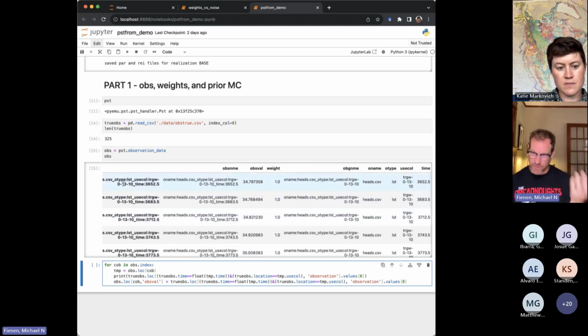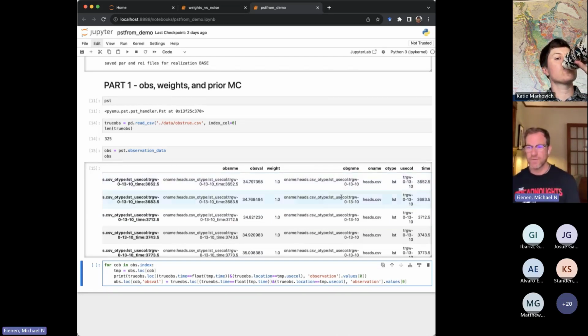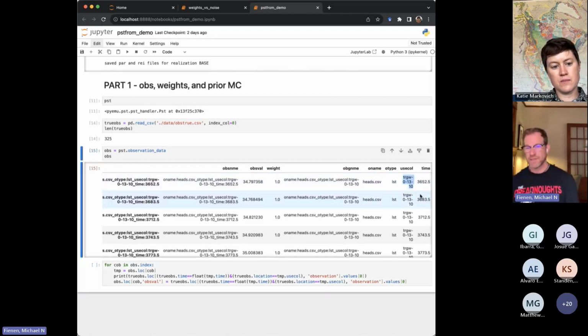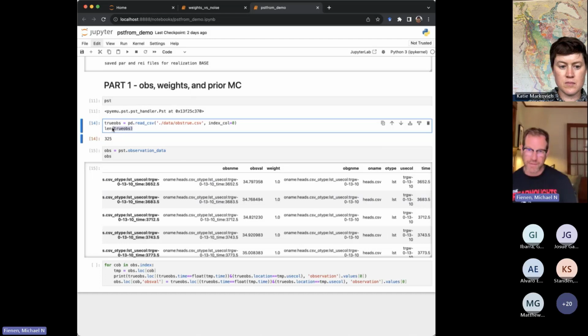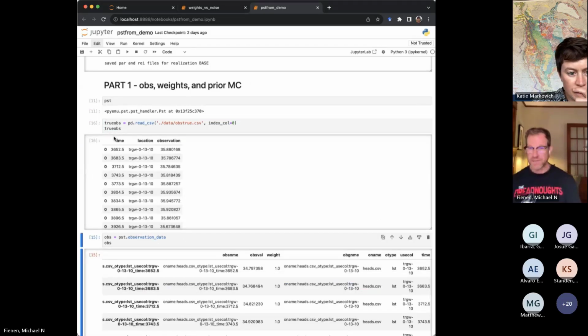As long as they're named in pest form, some of this metadata is pretty accessible by PyEmu. One thing is which column we are using, but really what that means is a sort of base location. This is like one well, being sampled at different times, and then this is the time. So our true observations, we'll look back at this really quick. True obs basically has a location column and a time column,